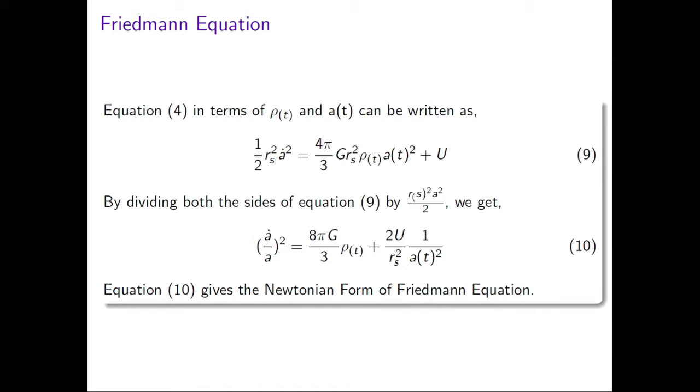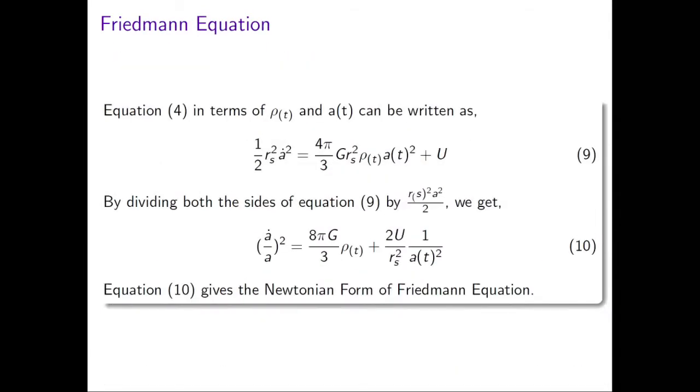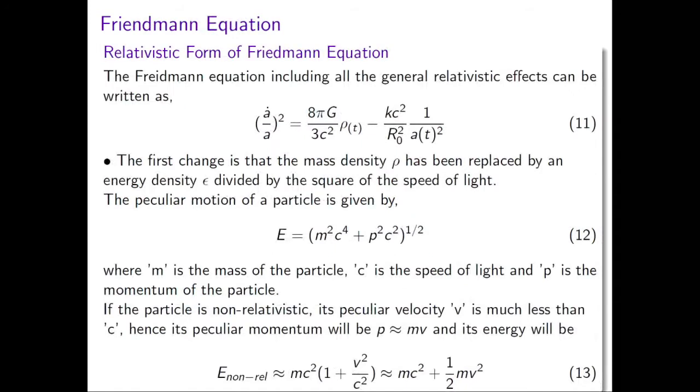But we already know that Newton's laws have limitations as such, and we have to go in the path of general relativity to understand the true nature of the universe. So basically we can modify the Newtonian equation to get an equation that is based on general relativity. So let's see equation number 11,